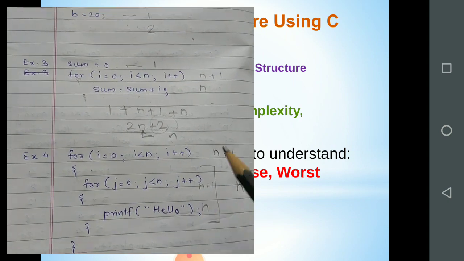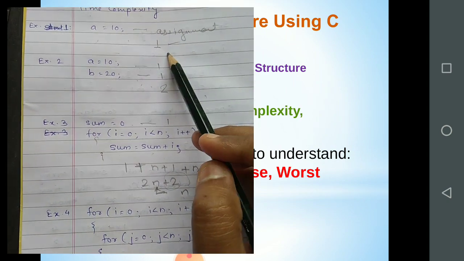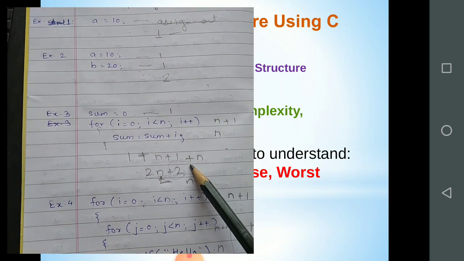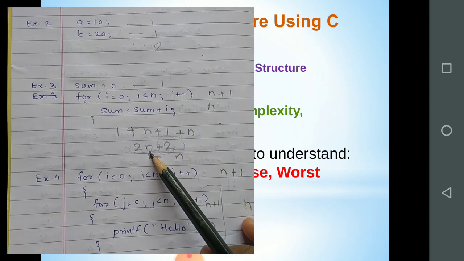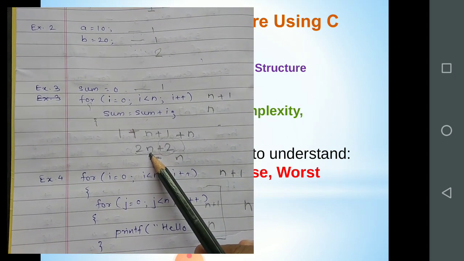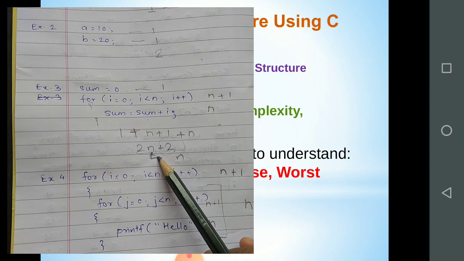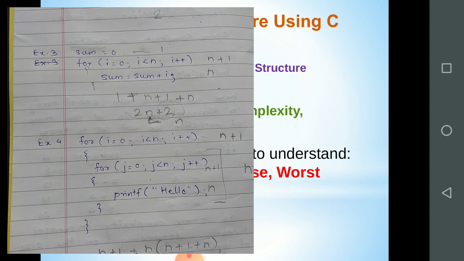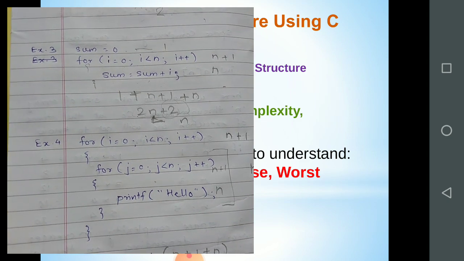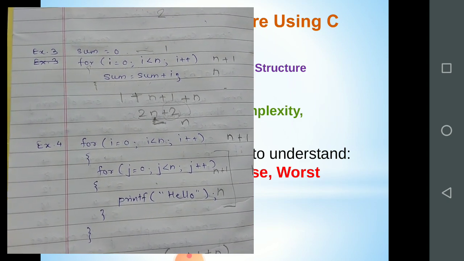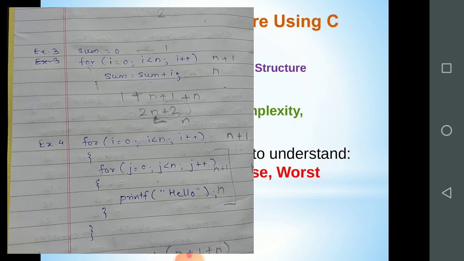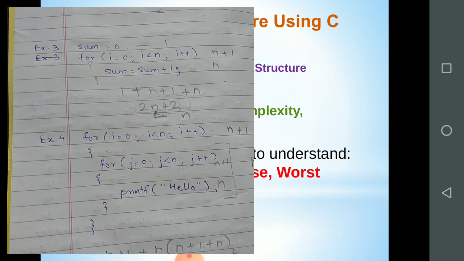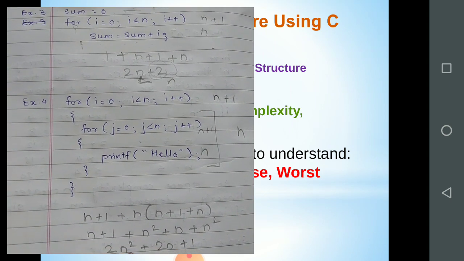Okay, again see, this is a simple statement, it requires only 1 unit of time. These are the 2 simple statements, they require 2 units of time. Here when there is a looping statement, the time complexity depends majorly on this n. Here there are two looping statements, so the time complexity depends majorly on the value of this n square. So depending on that value, it is called the growth function. On the basis of which the time complexity increases, it depends on that growth function, and we have to use that growth function to calculate the time complexity.